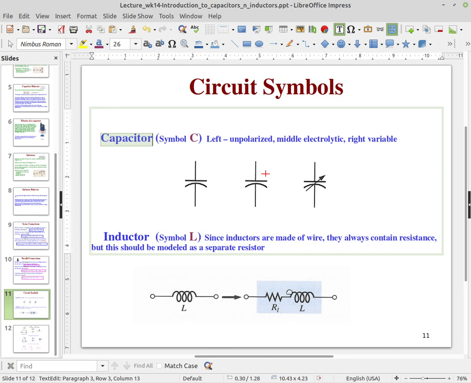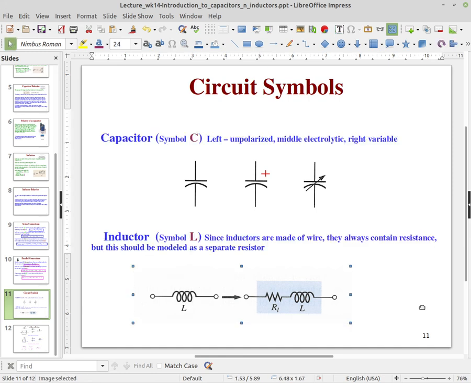We like to model that by breaking it out and having a resistance in series with the inductance,